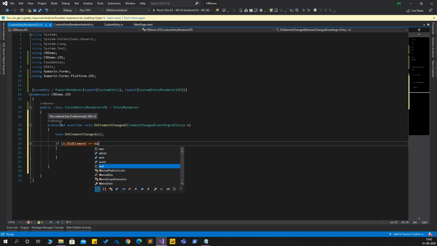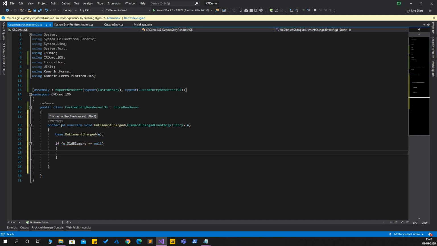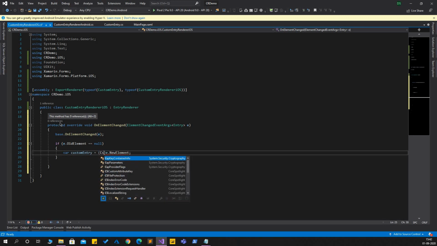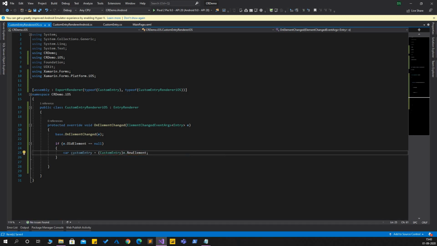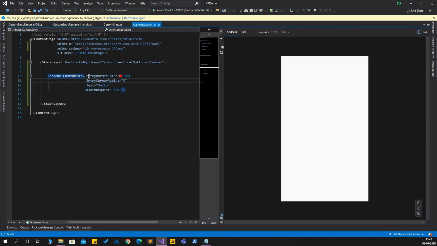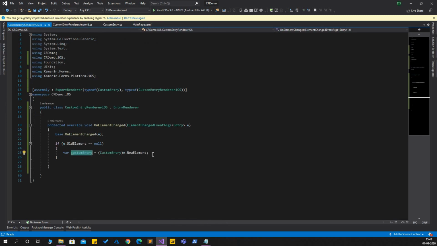So I'll check if the old element is null, and then I'll take the new element and store it in this variable named custom entry, e.newElement. I want it to be of type custom entry. So in this variable we'll have the properties that we have set in the main page.xaml, and now we will start to change how the control will be rendered.